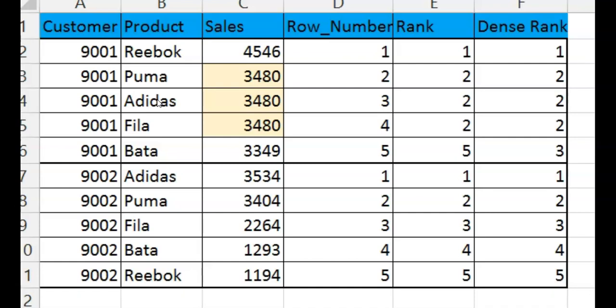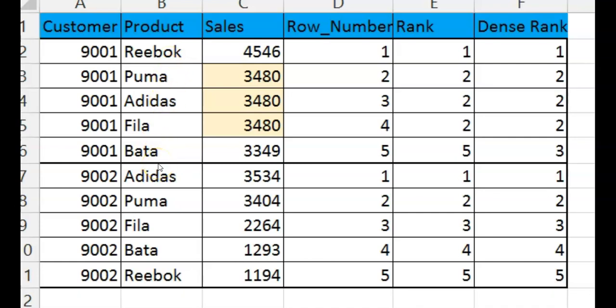As discussed earlier, there are three functions in SQL to create ranks. One is row number, second one is rank, and third one is dense rank. When we try to use row number, if you notice these two examples, the first customer has bought 5 products: Reebok, Puma, Adidas, Fila and Bata.